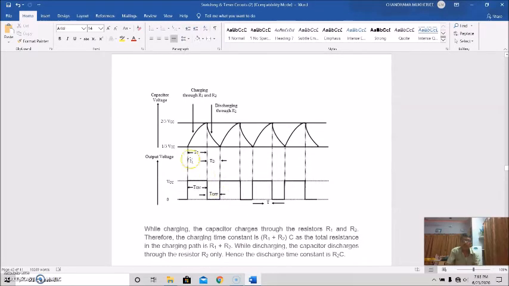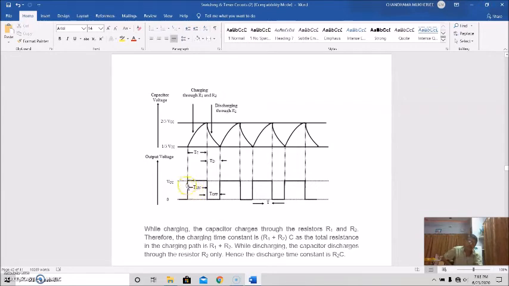So this is charging of the capacitor through R1 and R2, and this is discharging through R2. This will follow the cycle. This is the threshold voltage, the full charge voltage, which is 2/3 of the supply voltage, and this is the trigger voltage when the capacitor voltage is low here. This is the charging time, this is the discharging time, and if you show the output waveform, it will be like this.